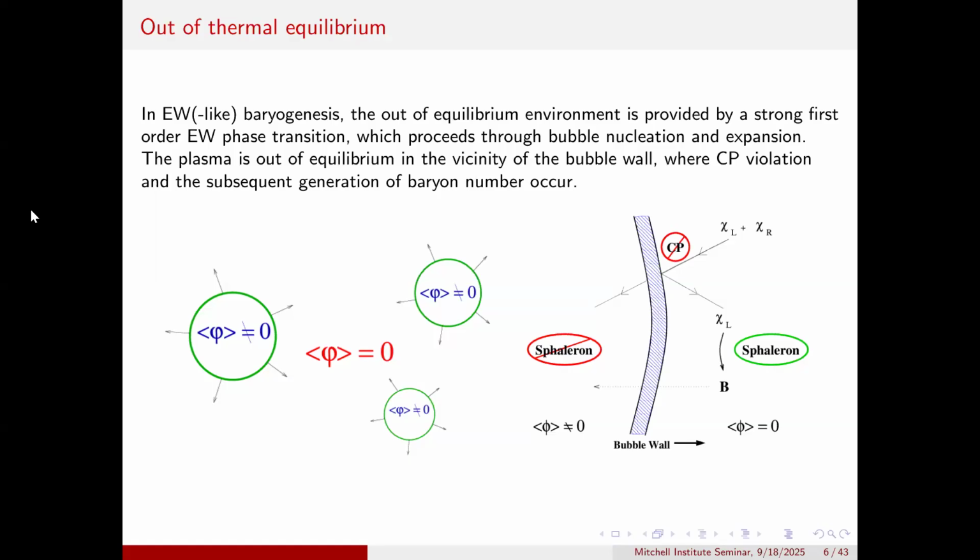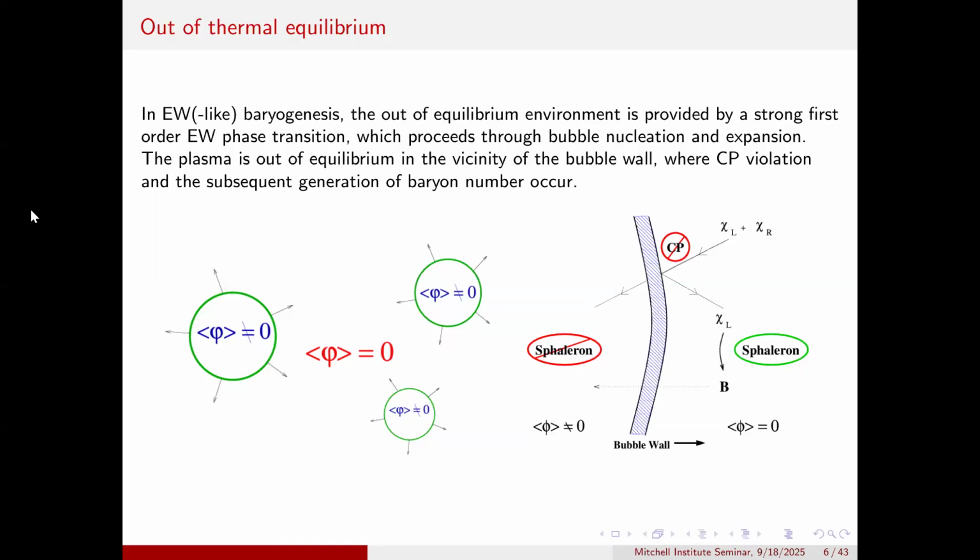And this plot is a summary of how these three ingredients come together to generate baryon asymmetry. We have this bubble wall forming and moving, and we have particles of different chirality, particle and antiparticle, coming in at equal amounts, and they scatter with the bubble wall. Due to CP violation, the left-handed particle scatters differently from its CP conjugate, and that can generate a net amount of left-handed particles in front of the bubble wall.